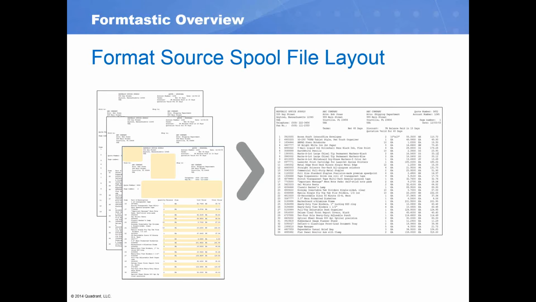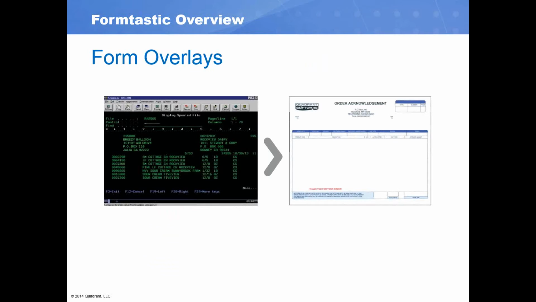You can remove empty space and blank lines, concatenate lines to reduce print area and page count, and reformat the spool file for better usability. Formtastic allows you to design